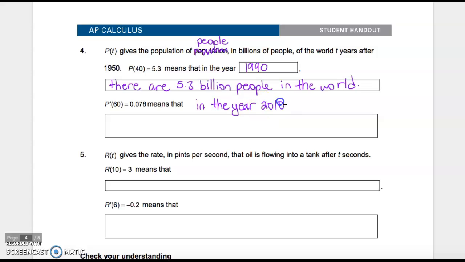In the year 2010, the population of the world is, let's see, the number's positive, so the population of the world is increasing, or I guess was, since this is 2010 and we can talk about the fact that it's 2020, was increasing